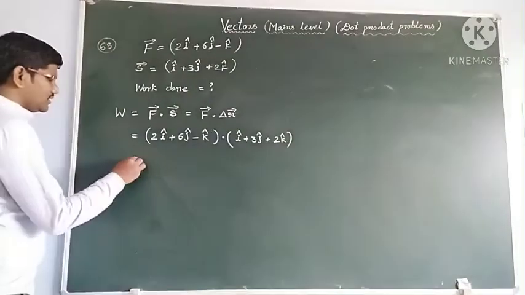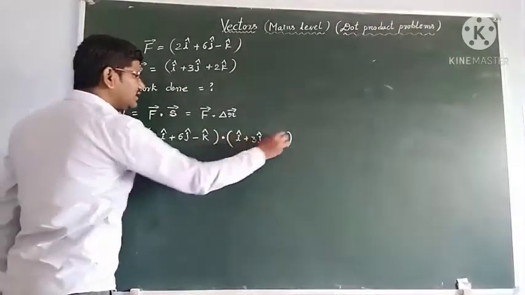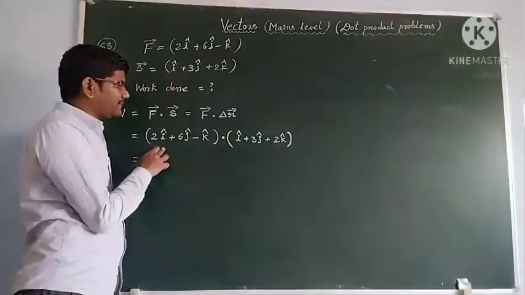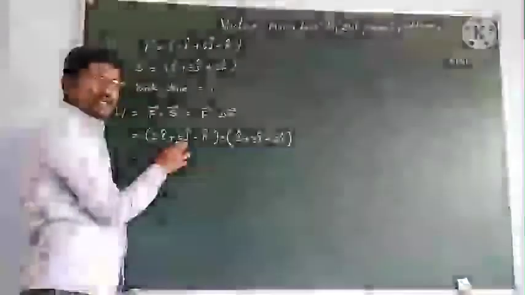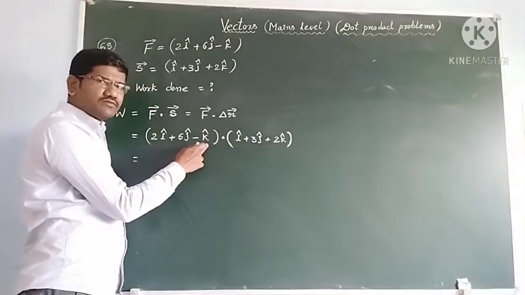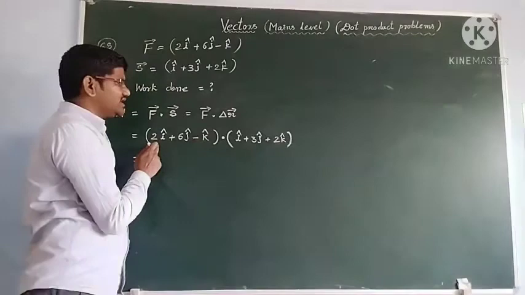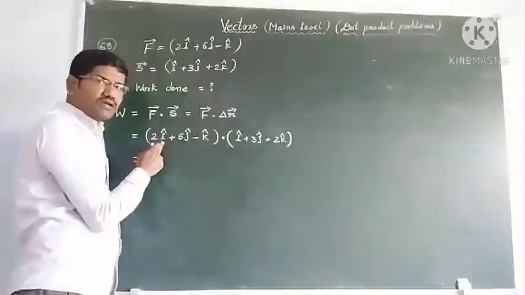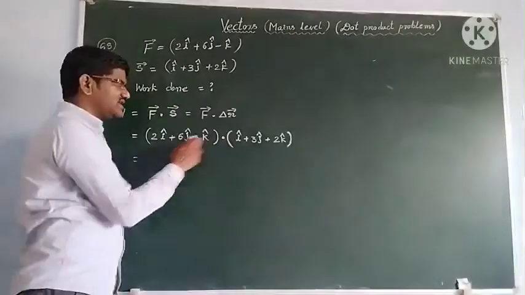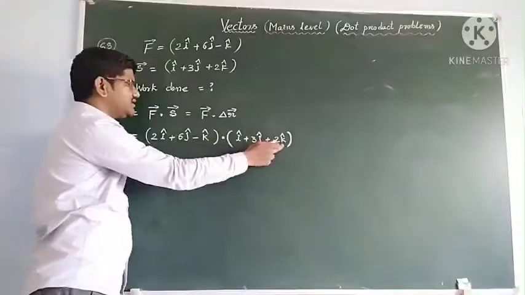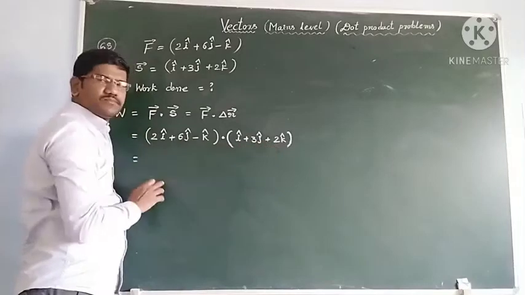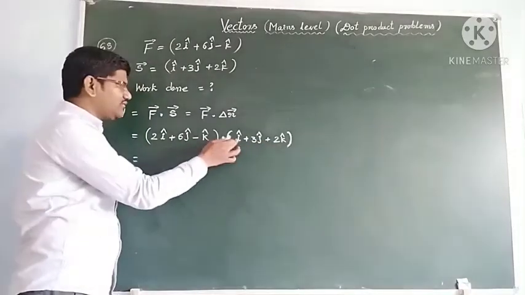Okay, students, now in the dot product we know that i bar dot i bar exists. i dot j, i and j are perpendicular to each other, so the dot product will be 0. i and k are also perpendicular to each other, so the dot product will be 0. Similarly j into i, orthogonal or perpendicular vectors, so the dot product is 0. j dot j exists, j dot k is 0. Next, k dot i and k into j are also 0, while k into k exists. That's why we multiply the coefficients of i dot i.